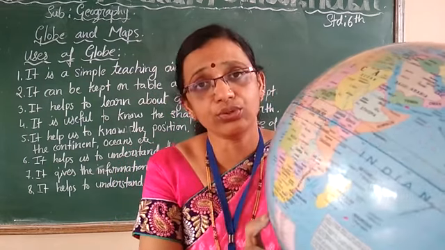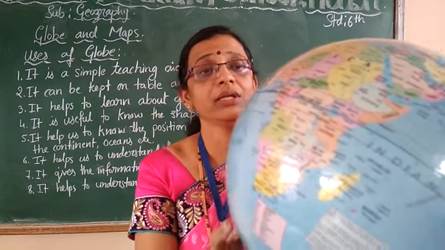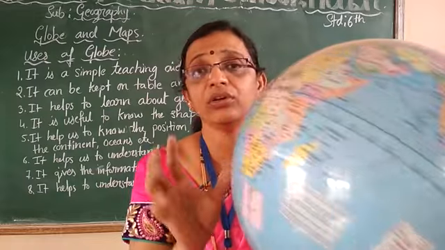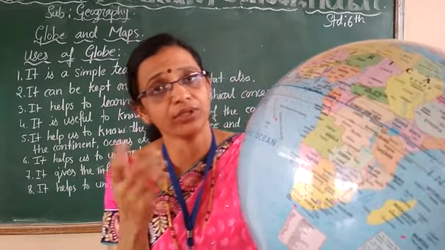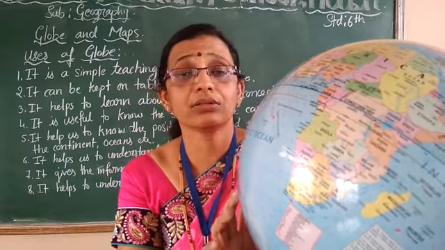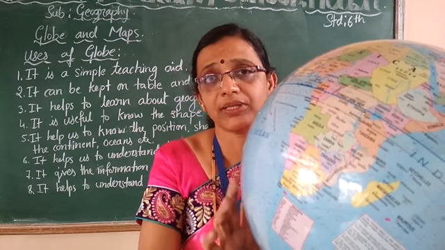See, earth is having 2 movements, I said children. One is it is rotating on its axis only. If you are spinning a ball, how it rotates, no? Like that it is. That is called rotation. From that only we are getting the day and night. I will explain that.